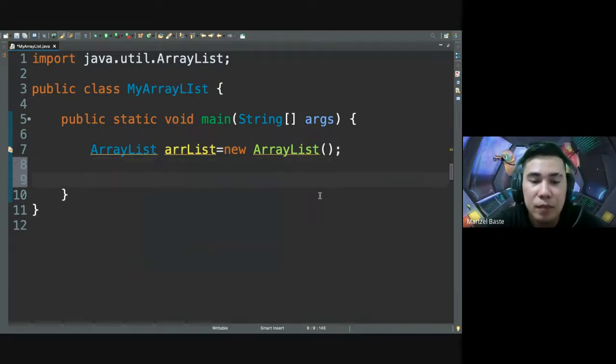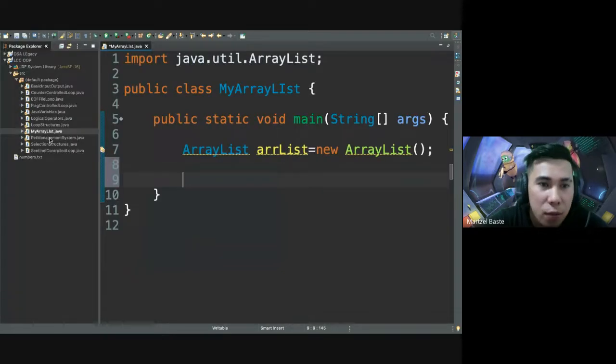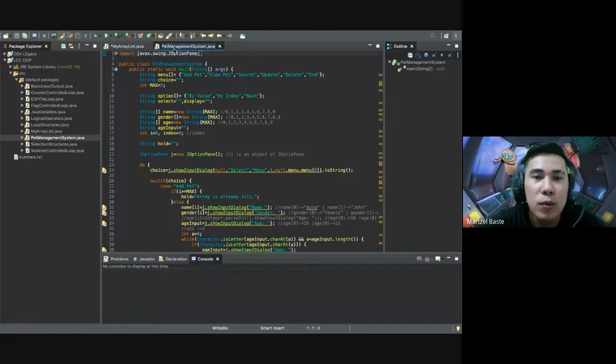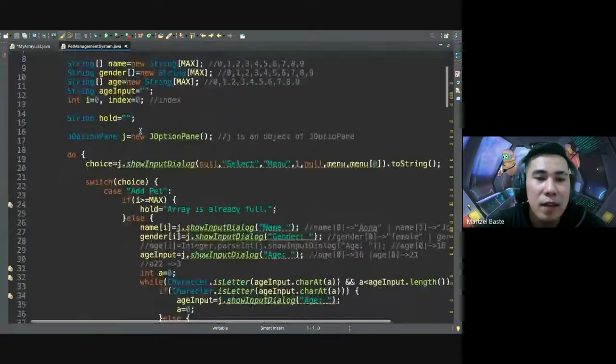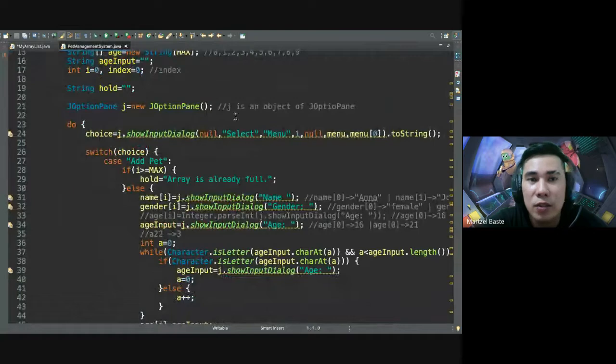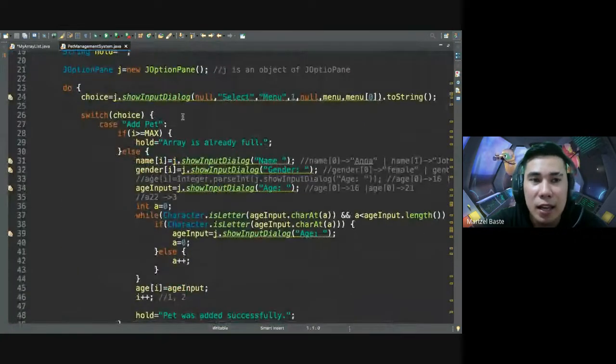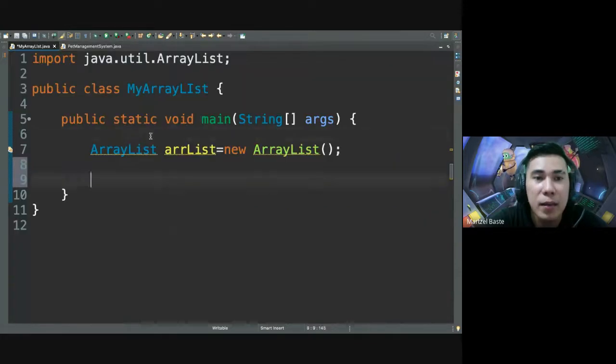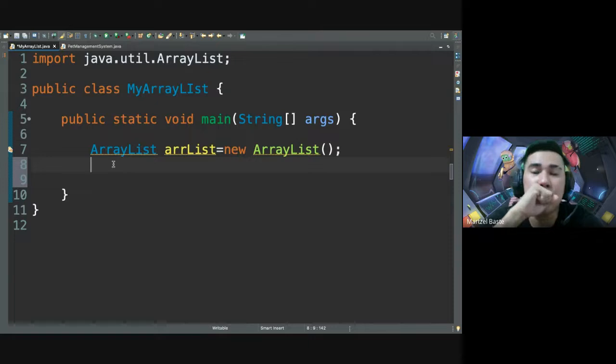This time, in the array we discussed last time, for us to store data we need to increase the value of an index all throughout so that we're able to store data in a contiguous manner, by index. The only way for you to store is to use the index value for the array. But this time, the array list is